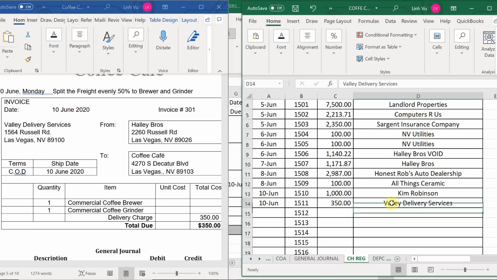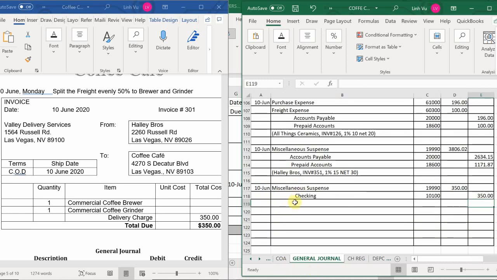So right back here, we just finished writing the check out to Valley Delivery Services, check number 1511. Now we have to go back to my journal because I need to put a description. This transaction represents that I paid Valley Delivery Services,